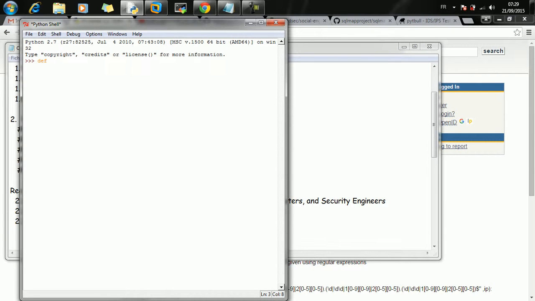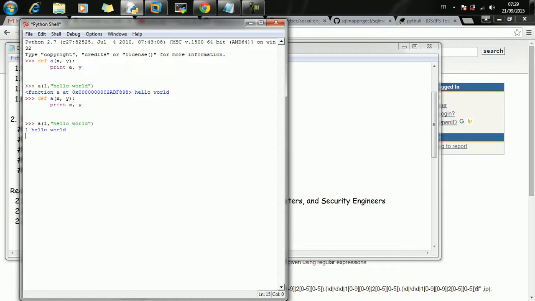If we define, for example, function A that accepts parameters x and y, we are going to print out x and y.